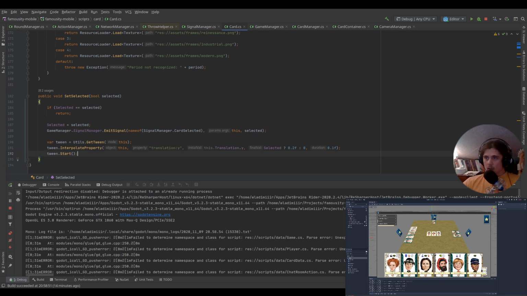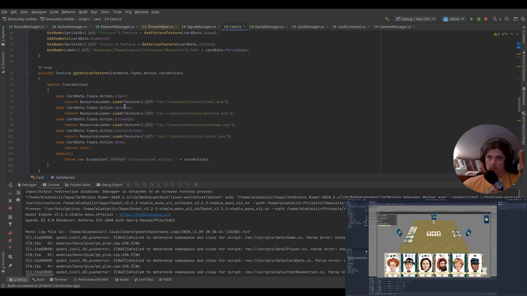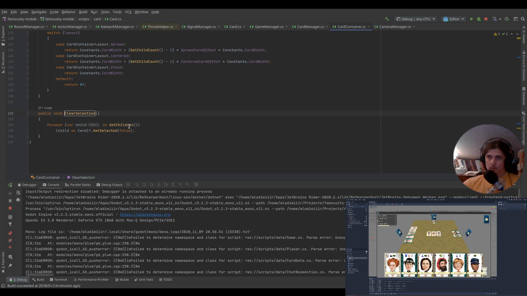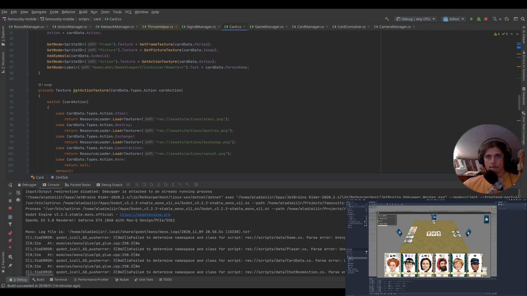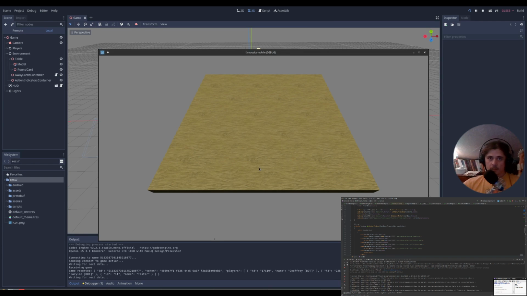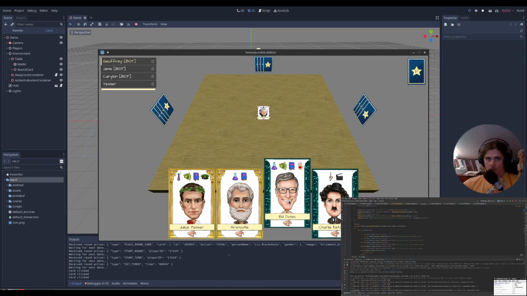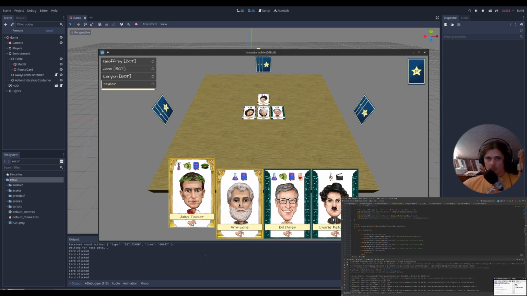Okay, we can try it actually. So this should work. Wait. Clear selection. Am I clearing the selection? Yep. Okay. So now what we should see is the card moving up and down if I click on it. Yep. It's not moving down for some reason,